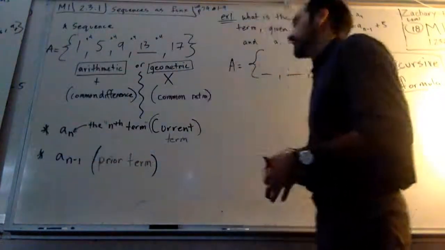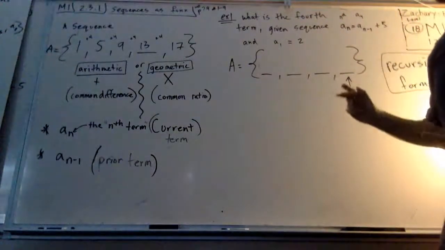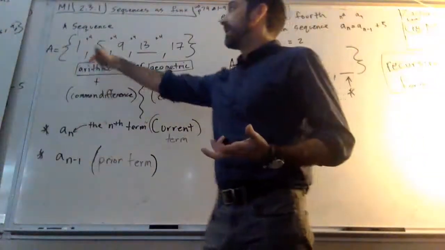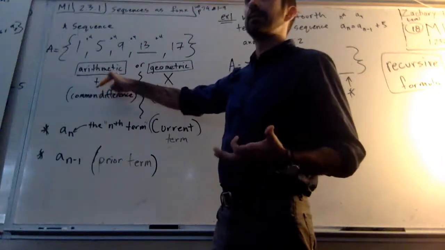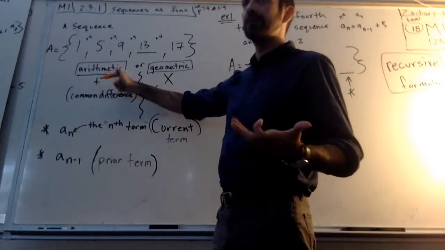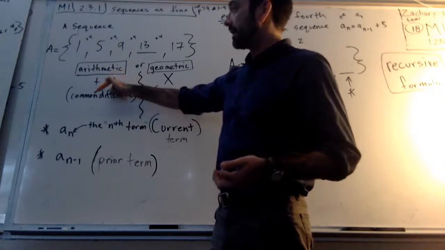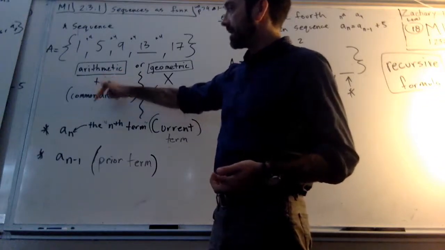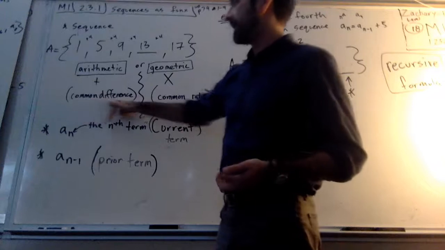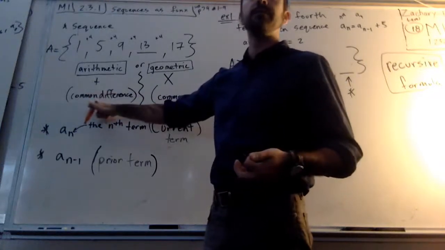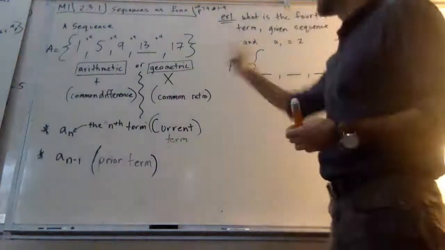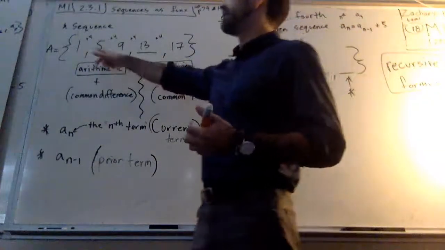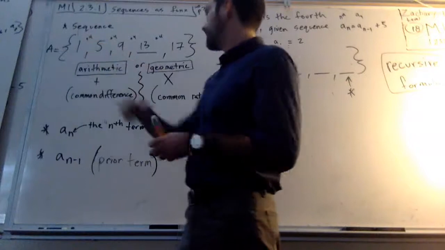Okay? So looking at that, we know that in this case, since we are adding 4 every time, it's arithmetic. It's an arithmetic sequence. Arithmetic sequence. You might also hear that. Okay. So it's an arithmetic sequence because we're adding, and that's how we're adding every time. We're adding the common difference, the difference between each term. Now, some other options we might have, if this was instead of plus 4, say if it was this,